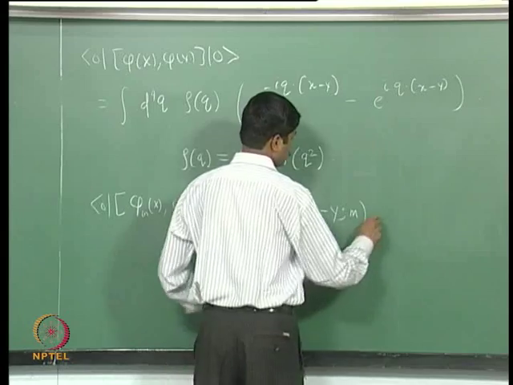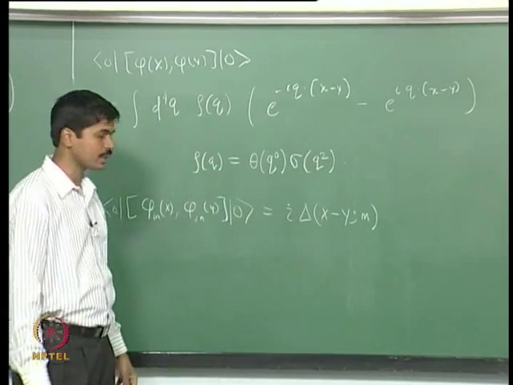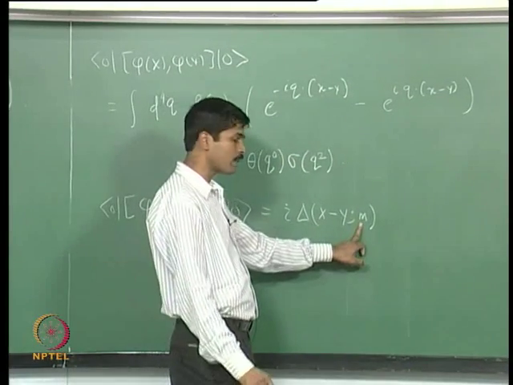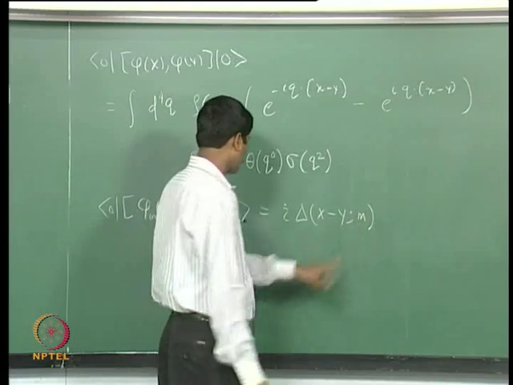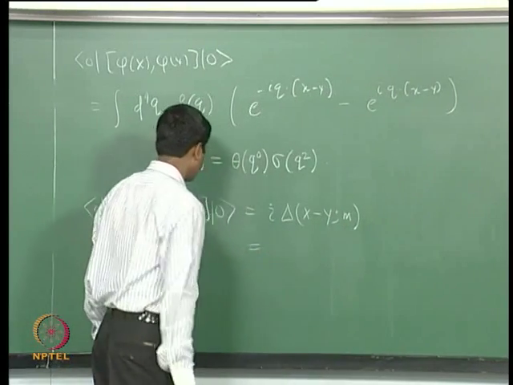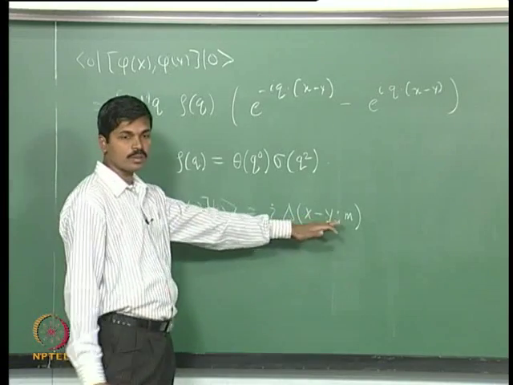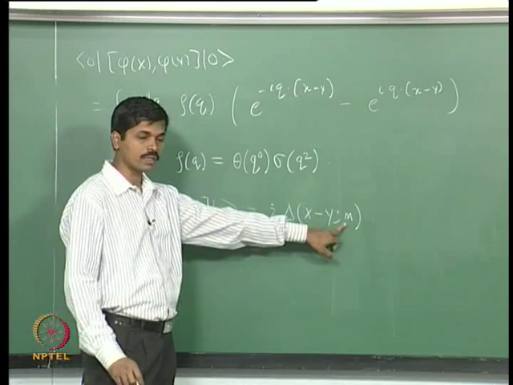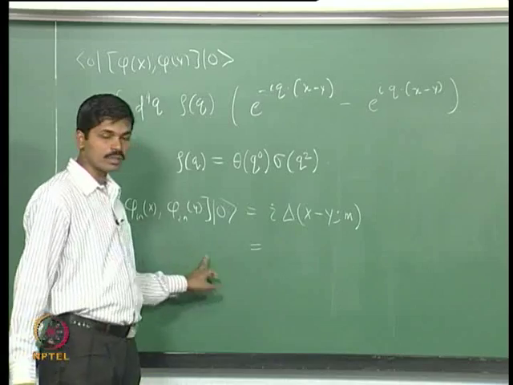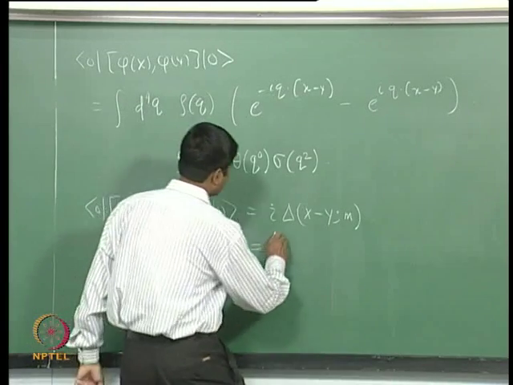I will label it by m also, to make sure that this is a commutator of some free field whose mass is m. This commutator we already know is given by